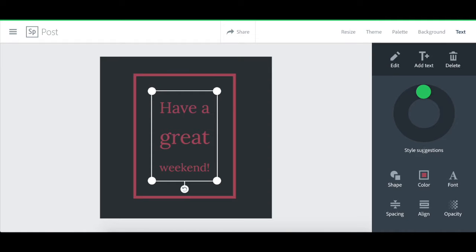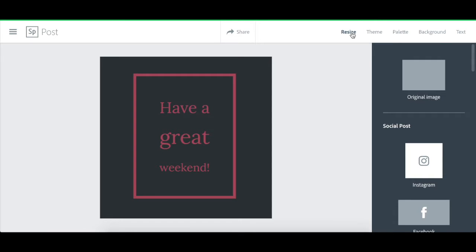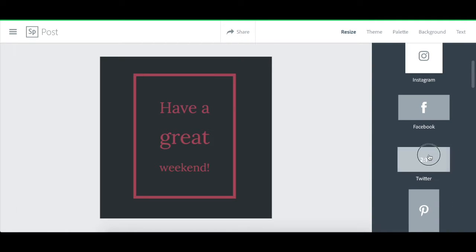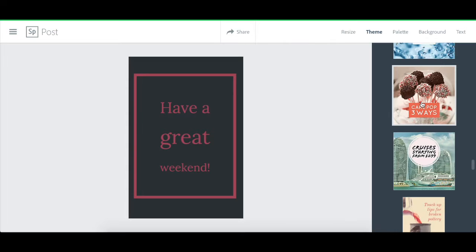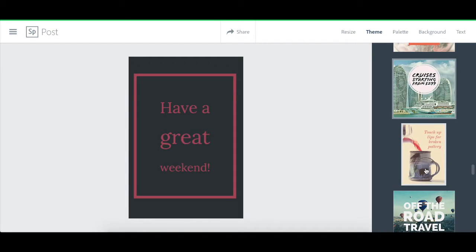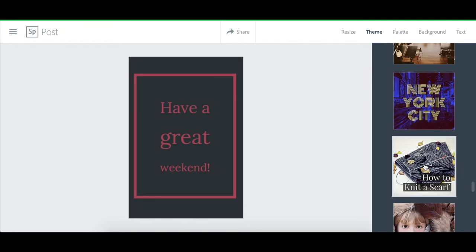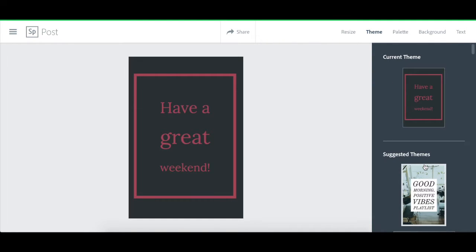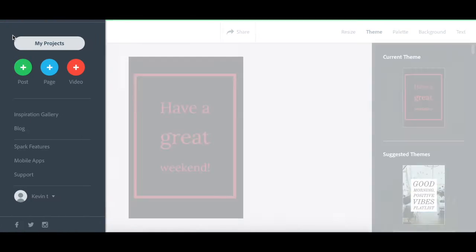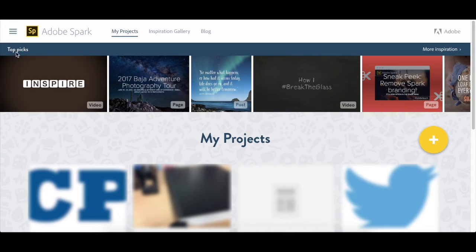You can change the font, the spacing, so you can really change the text there if you would like. The other thing is you can resize it, but I can't change a theme. So if you click on the theme button, and when I click on any one of these themes, as you'll see, nothing happens to my text right now, because what I have done is I have taken away that ability for Adobe Post to actually drop a theme over top. So if I want to do the themes again, I'm actually going to need to go back to my projects,